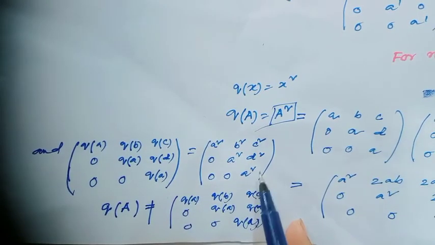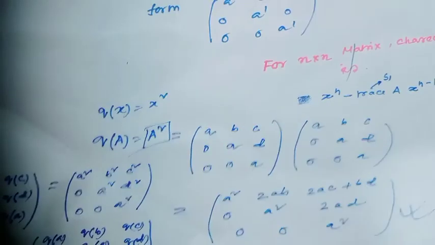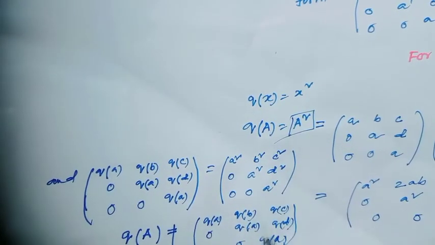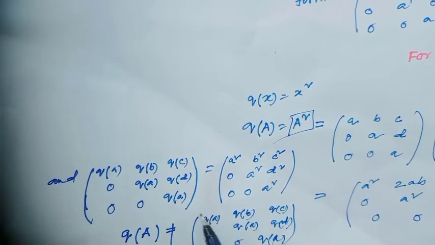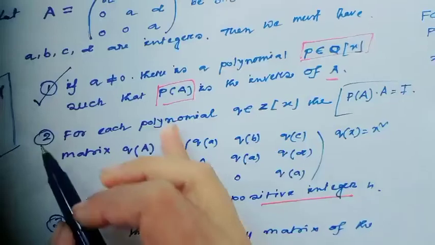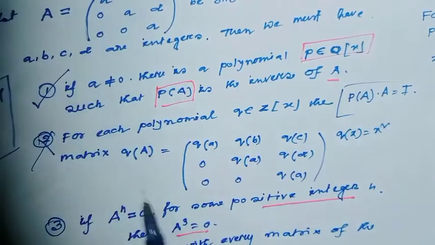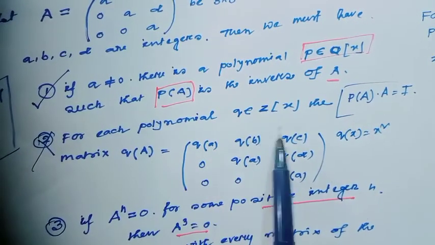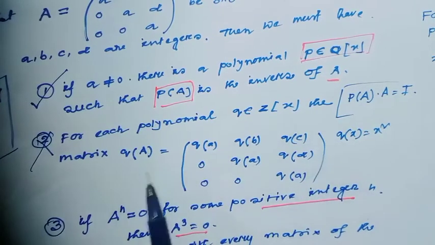And notice, Q(A) and this matrix is a different matrix. So Q(A) cannot be equal to this matrix. Still, option 2 is a wrong option, because option 2 implies for each polynomial Q in Z[x], the matrix Q(A)